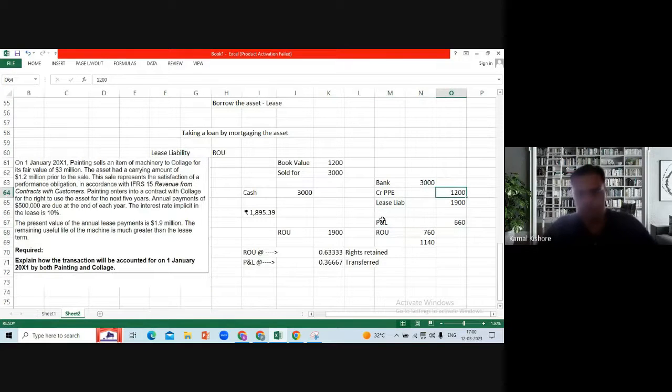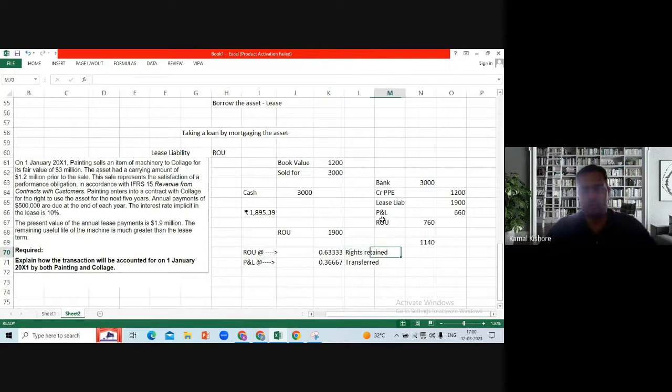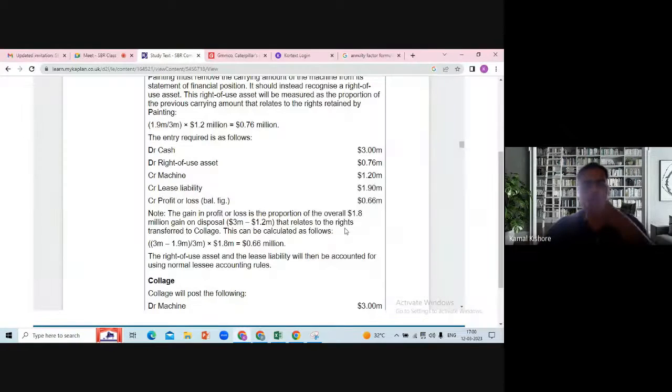You will remove the asset, the book value you will remove. What needs to be calculated is only these two things, P&L and ROU. Right of use asset is only 760. How are we calculating? 1900 minus the P&L that is accounted for. So if you look at this, basically,